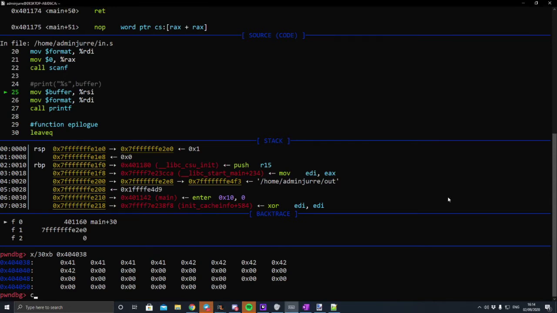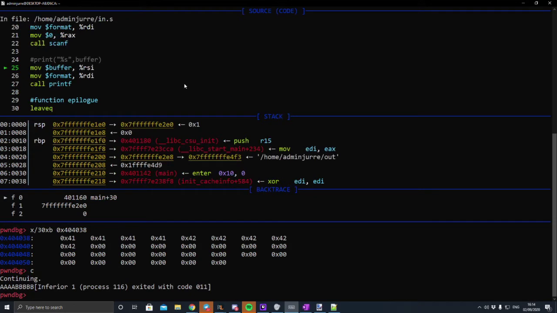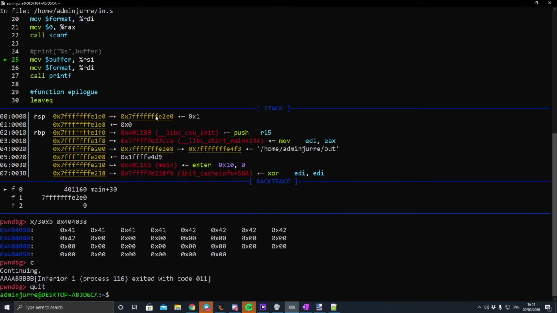And now if we do continue, it should print that out again because it's the same as the first thing, printf the string buffer should just do that. Now we've got a more interesting program. Spoilers for the CTF